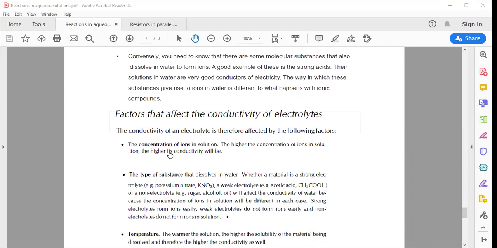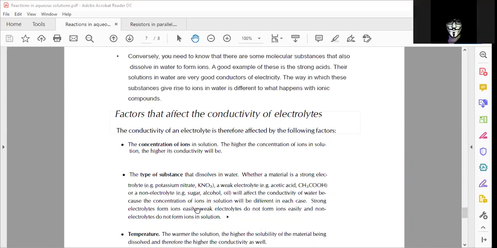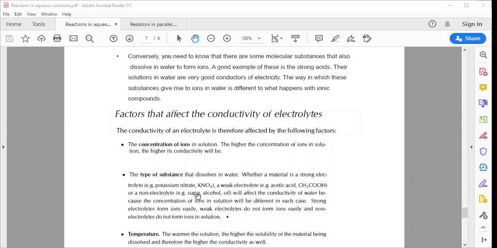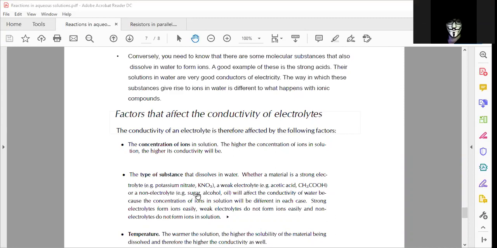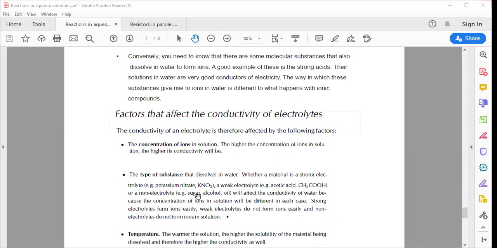Any questions? Do we have to remember anode and cathode? Not exactly, but if you know it, the better. You're not going to get questions that would ask you about anode and cathode. You're only going to do it maybe in grade 12, where we look at anode and cathode when you do redox reactions. So don't go deep into that. If you know what an anode and cathode is, it's still fine, but it's not a prerequisite for you to know that.